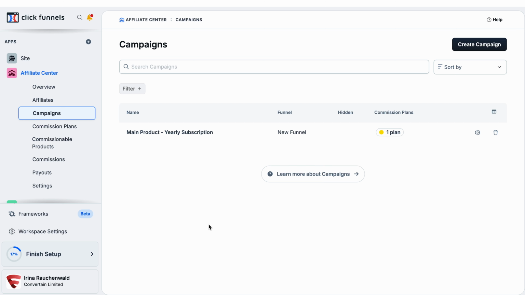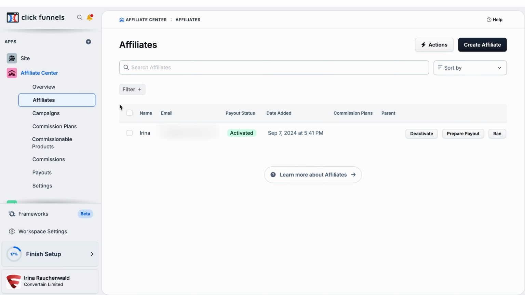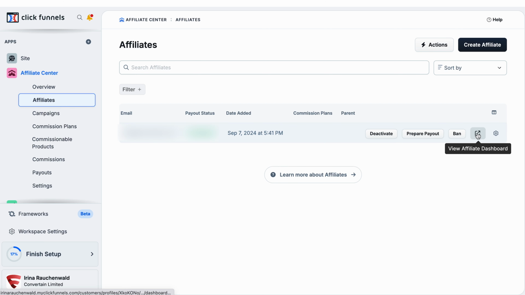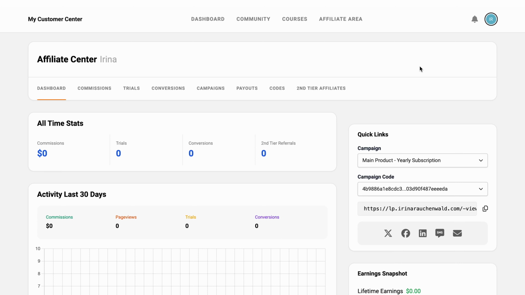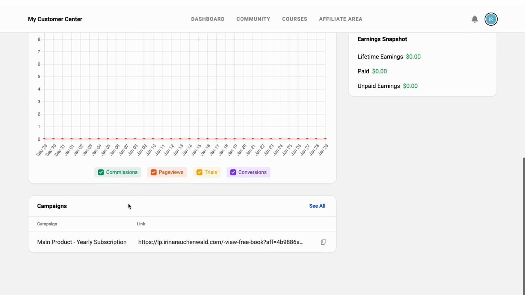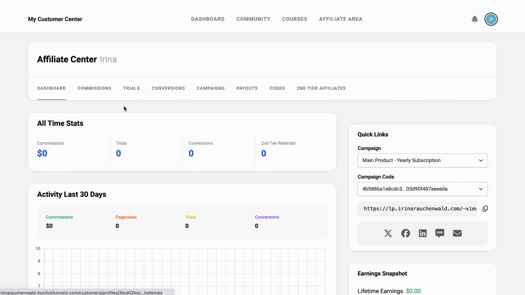If you're curious to see how the affiliate dashboard will look like for your affiliates when they click the login link to the Affiliate Center, you can go to the Affiliate section, select one affiliate, and then click View Affiliate Dashboard. That's how the affiliate dashboard will look like for people who signed up to promote your products as an affiliate. They will see all their statistics and also will be able to grab their affiliate links to your products. In the tabs here, they will be able to see more detailed information about the commissions, trials, conversions, different campaigns,